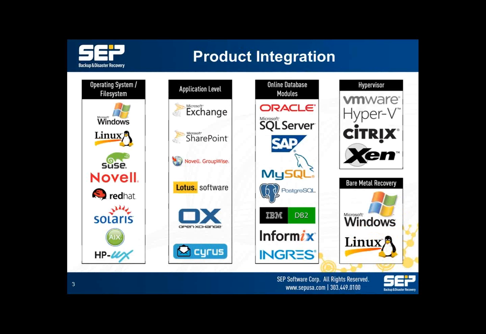As far as product integration goes, we are able to install our main backup server on Linux, Windows, or Unix. So on the left-hand side, you can see some of the operating systems that we run on. And then we also have clients or agents for pretty much everything under the sun. From an application standpoint, we support all the main players: Exchange, GroupWise, Lotus Notes. We also have support for SharePoint and quite a few others.